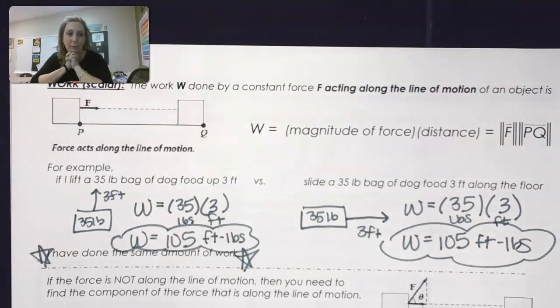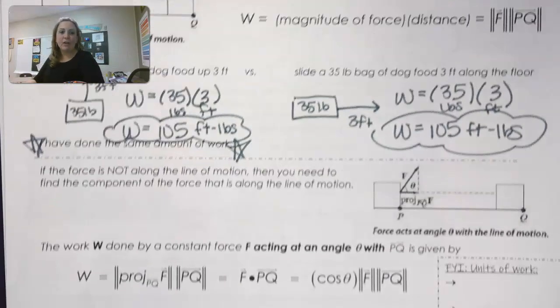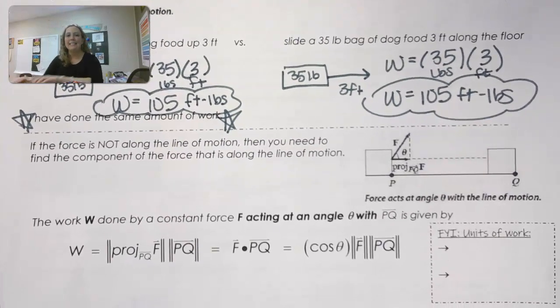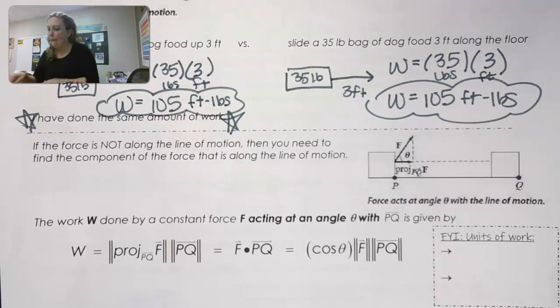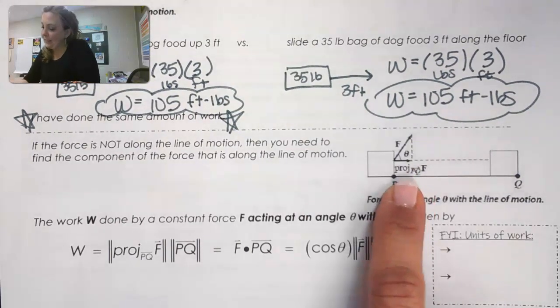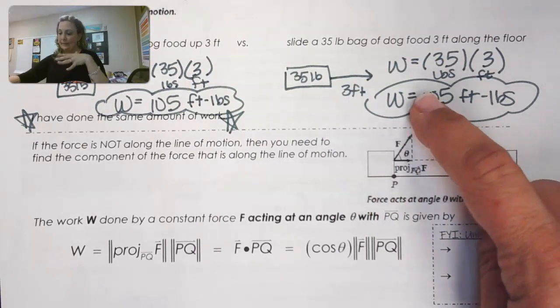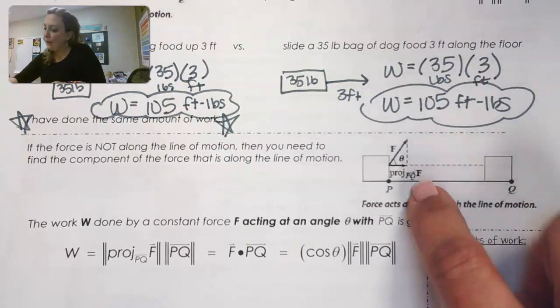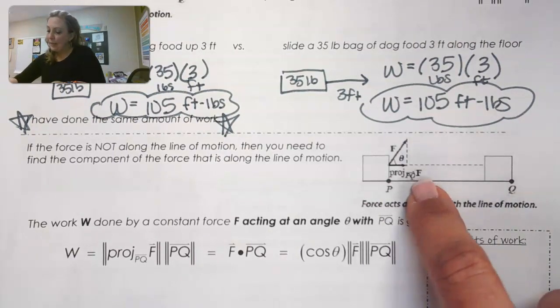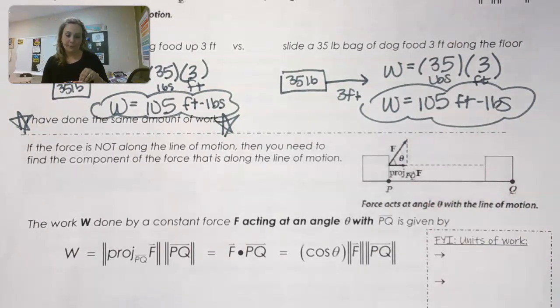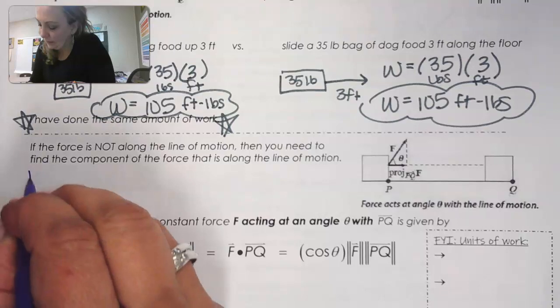Now let's say that the force is not along the line of motion. In that case, then we need to find the component of the force that is along the line of motion. And for that, what we can do is look at that projection of this vector F that's a certain angle away from the PQ that we're dealing with, and we're going to project it onto PQ. So I want us to look at the picture real quick. If I look at this picture,